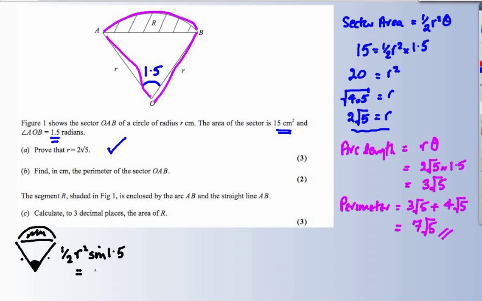So our area of triangle is a half r squared, which is 2 root 5 squared, sine of 1.5. Tidy that up, and this will give us half of 4, 2 times 5, which is 10, sine 1.5. So we have our segment area to be the sector minus the triangle,